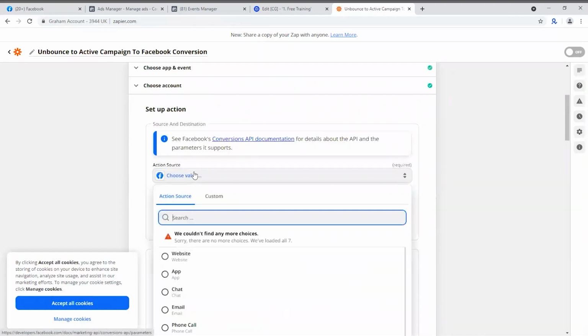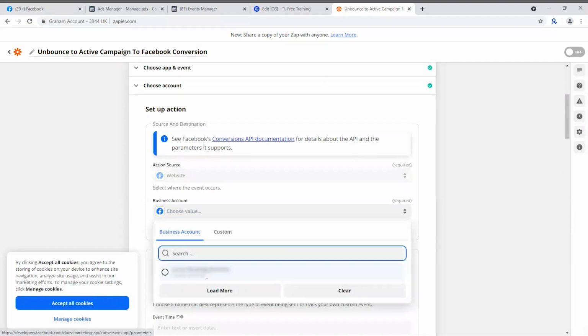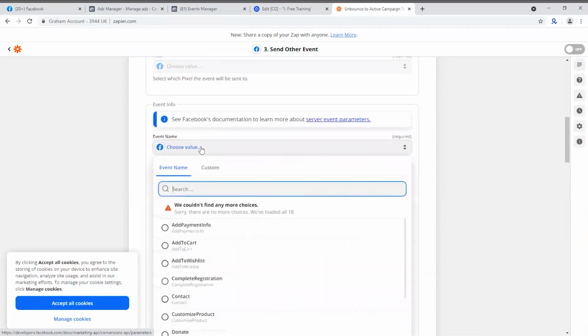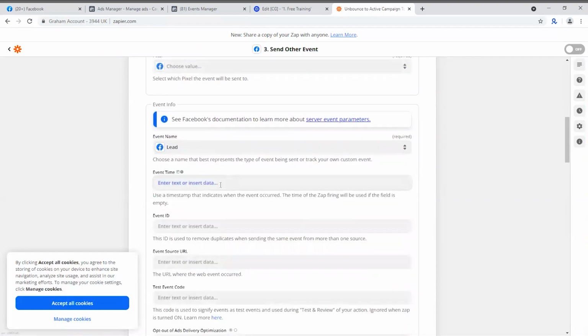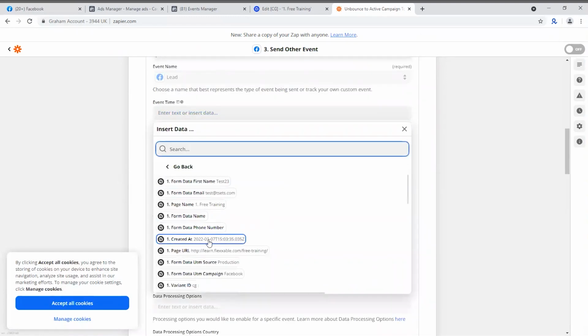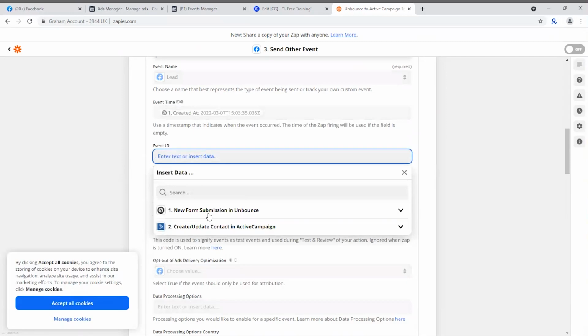And then you want to just fill it in like this. So action source is website, business account is your business account. Then the event name, this is where you want to select lead. Exactly the same, it'll be a lead event, so that's fine. And then you want to go and fill in everything else. So the event time, with the one that it's created at. The event ID,